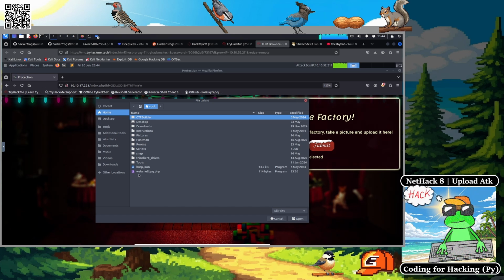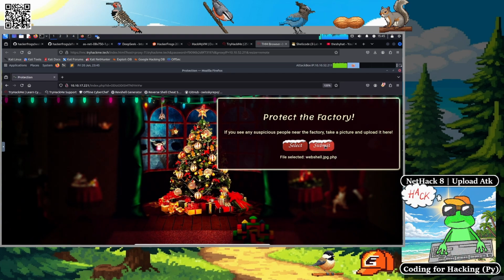After we select all files, we're going to see this file over here. It's called webshell.jpeg.php. The reason why we need PHP at the end is that if we don't have PHP at the end, then we can't run the code inside of the file. So go ahead and click on webshell.jpeg.php, click on open, and then click on the submit button over here. So after we do that, it says file received successfully. So that means that the file was uploaded,